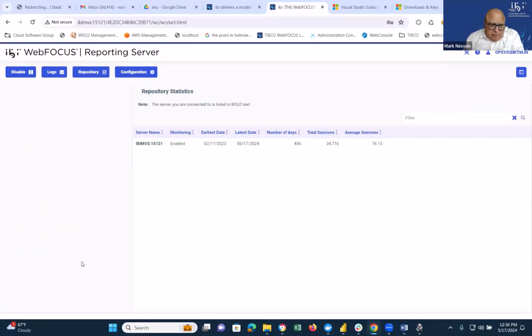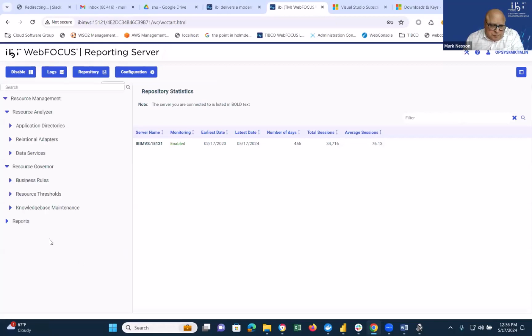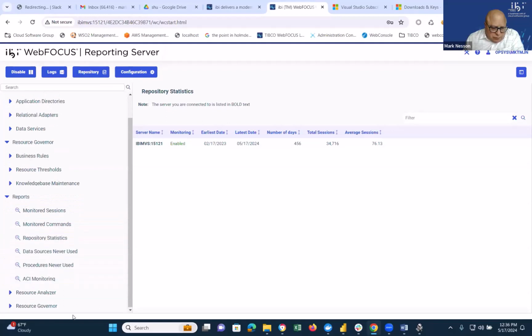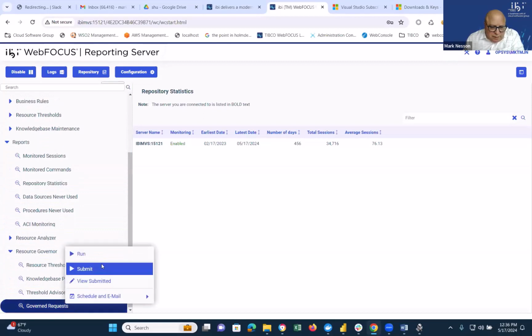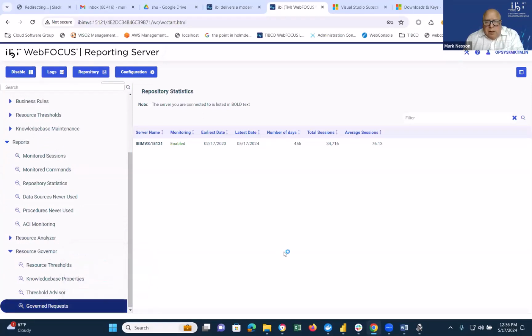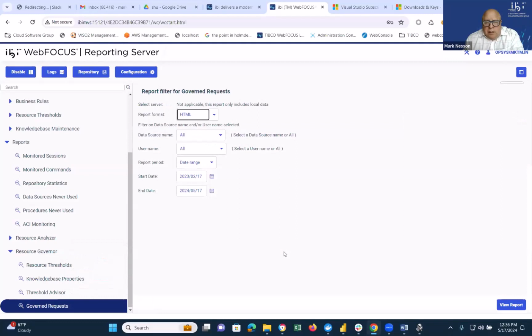Let's go here. Our reports. Resource Governor. Govern request. And we'll do it for, let's do it for